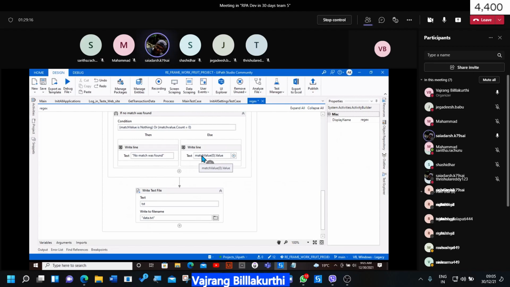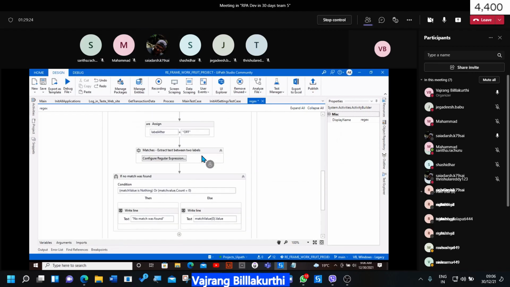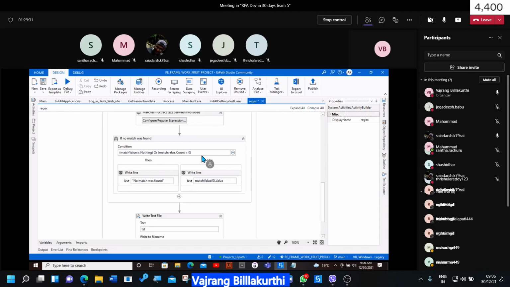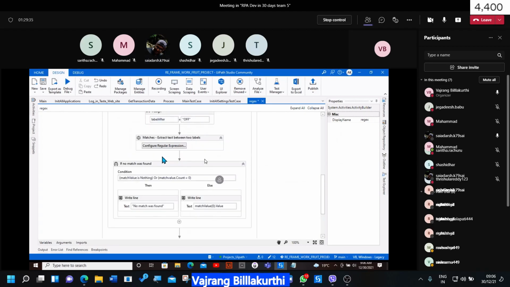So match line, but it's picking only one value in the entire text. Yeah, only the first value it's picking. Okay, let's see if it's picking more than one item, then we can loop in.